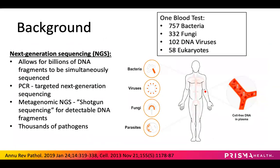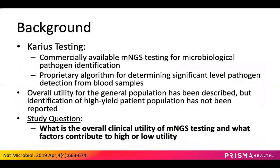Next-generation sequencing is a method of DNA amplification that allows for billions of DNA fragments to be simultaneously sequenced. Unlike polymerase chain reaction, metagenomic sequencing, or shotgun sequencing, allows for detection of cell-free microbial DNA without the need for target primers. Karius Incorporated offers commercially available metagenomic next-generation sequence testing for microbiological pathogen identification with a proprietary algorithm for